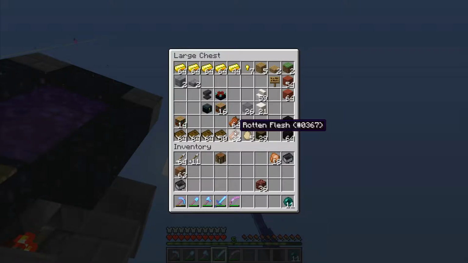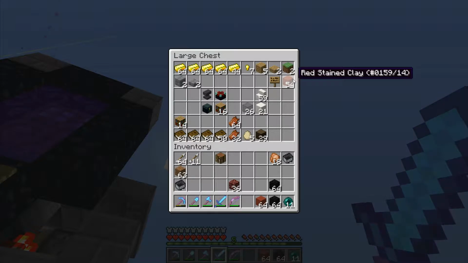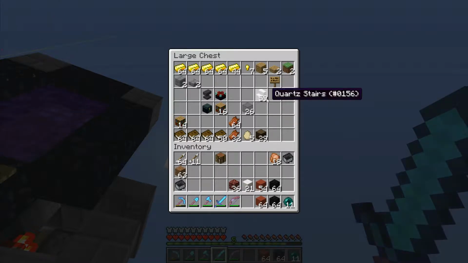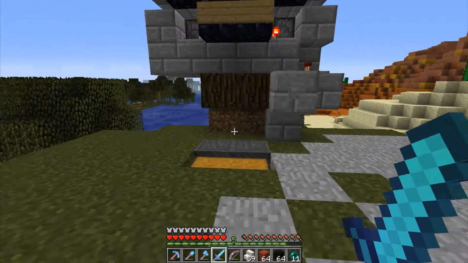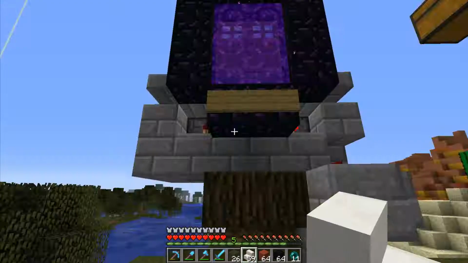It's not that difficult of a build at all, so it shouldn't take too long. I just have some images up on the screen like I usually do. And let's see, did I take these? Is there anything else we need right now? I don't think so. Alright, so basically I'm going to start off with the grey stained clay that we need,